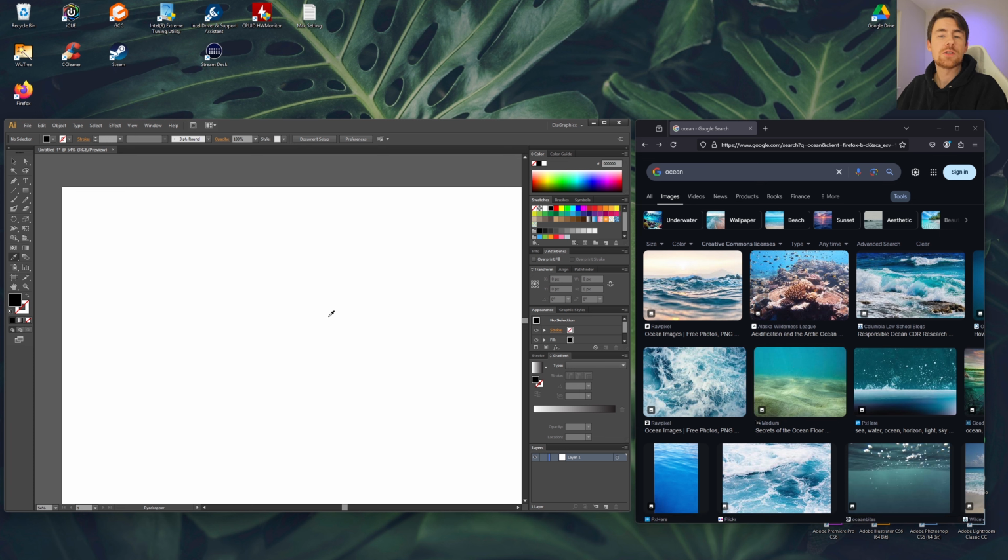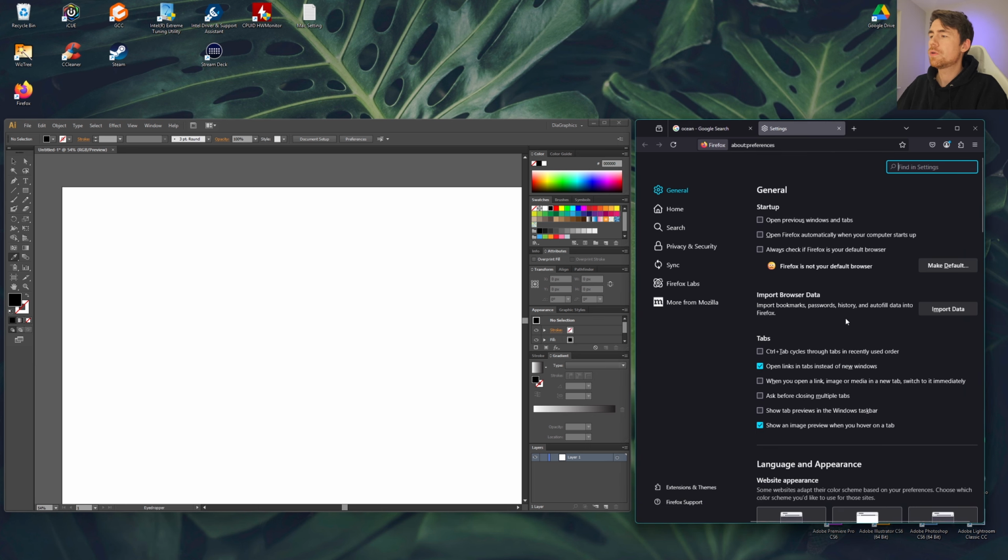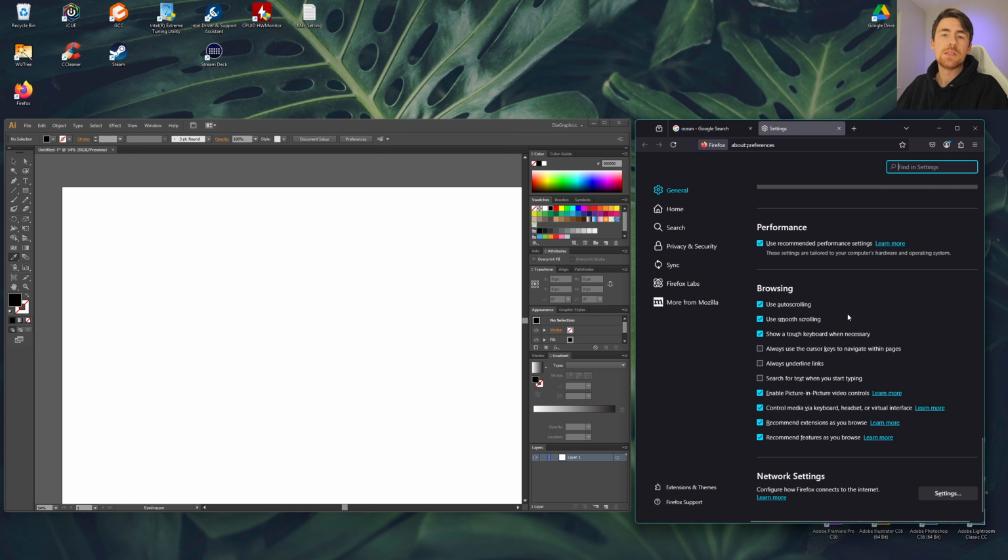And this tip applies to other browsers as well. I will have a similar video on how to solve this in Google Chrome down in the description as well. But this video is for Firefox, and this is how to solve it inside Firefox. So what you want to do is go to Firefox and then go to Settings in this drop down right here and select Settings. Then we want to scroll all the way down until we see this section right here